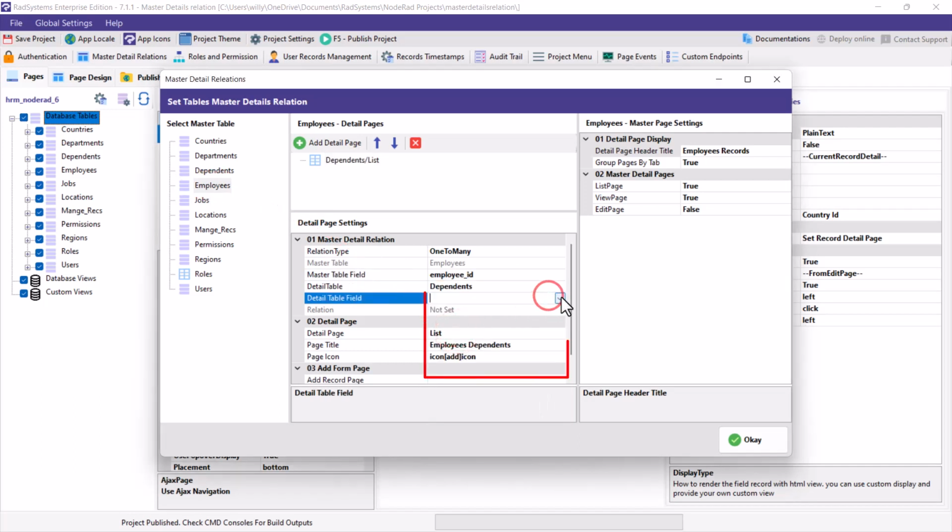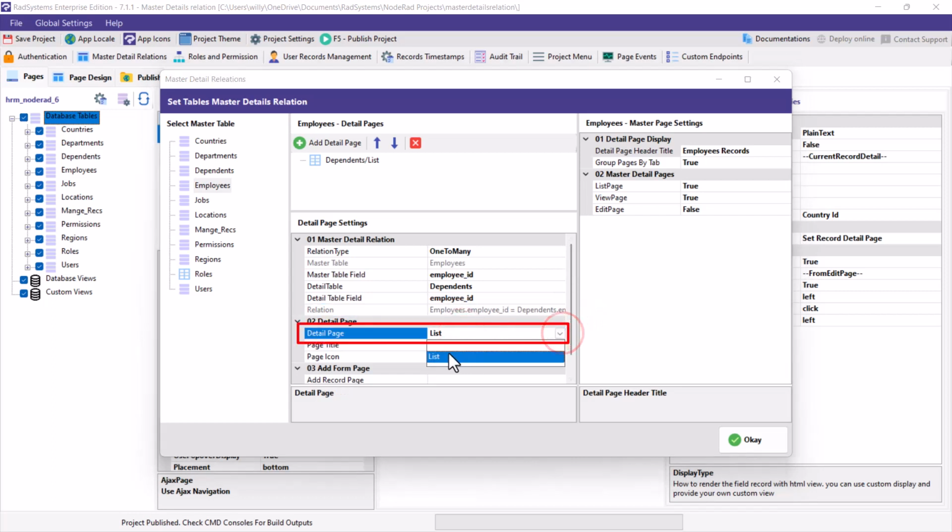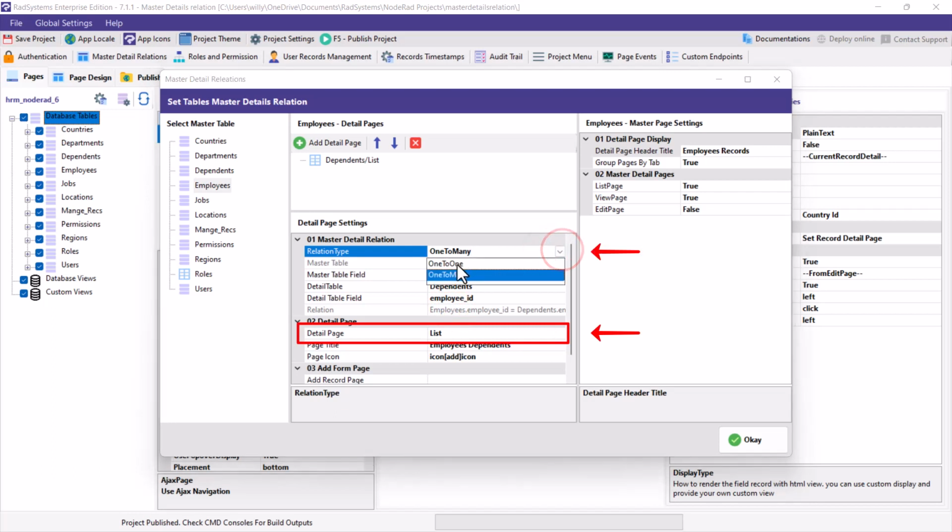While the details table field is the field on the details table that connects or links the details table record to the master table record. This means that the details table field will be equal to the master field. The relation section displays the query based on your configuration that will be used to get the details record. And on the detail page, you select the type of page you want the detail page to be. This list depends on the relation type selected.